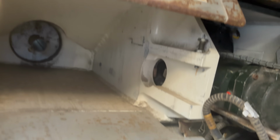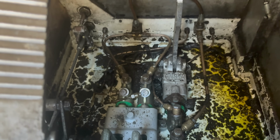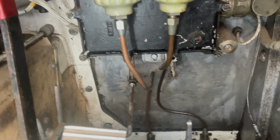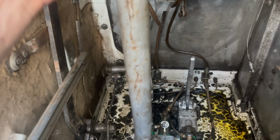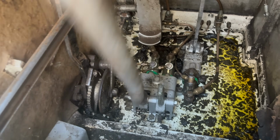Completely intact. Right, we've got the floor plate out now, so we can see the master cylinders and all the gubbins below it. What we're going to do is pour some fluid into the empty reservoir, because there's something on this circuit that's leaking, but we just want to have a look before we take the master cylinders out and make sure that it's actually a problem within those cylinders and not a loose or leaky pipe somewhere. So we'll top that one up and give it a wiggle about. Right, we've filled it up with fluid and we've got a tiller on because I'm not man enough to pull it otherwise. And it does eventually pump up,